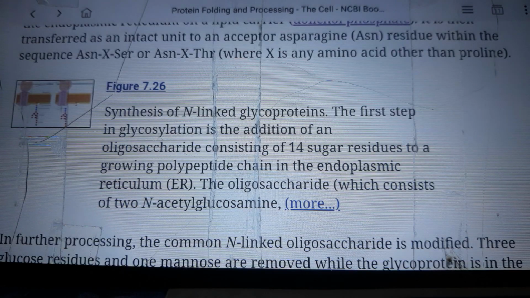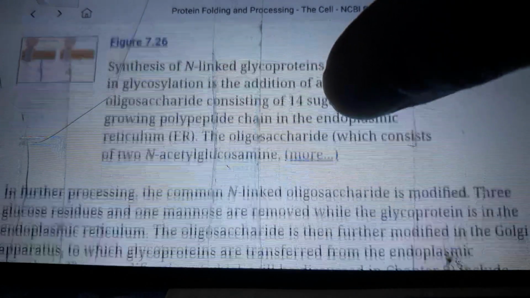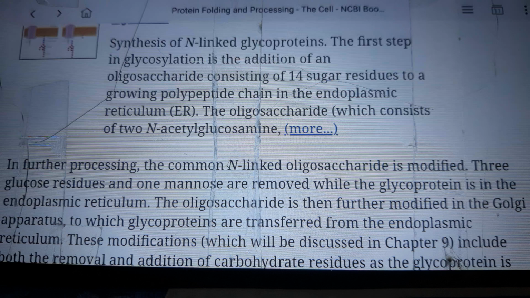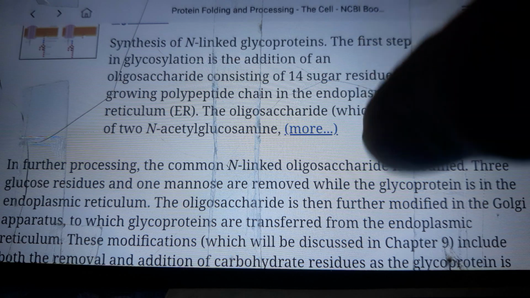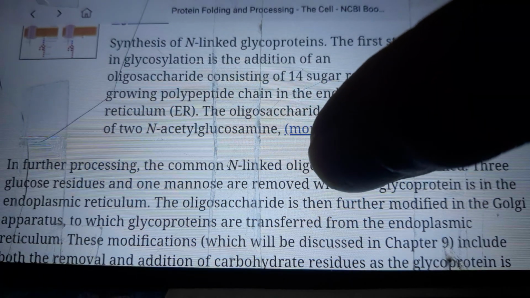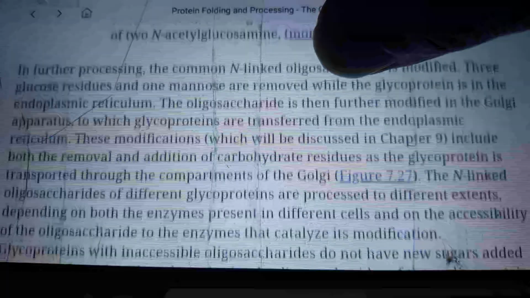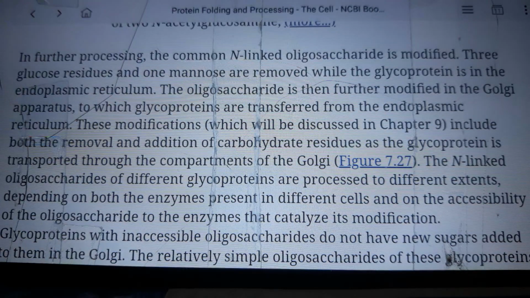As in figure 7.26, synthesis of N-linked glycoproteins. The first step in glycosylation is the addition of an oligosaccharide consisting of 14 sugar residues to a growing polypeptide chain in the endoplasmic reticulum. The oligosaccharide consists of 2 N-acetylglucosamine or more. In further